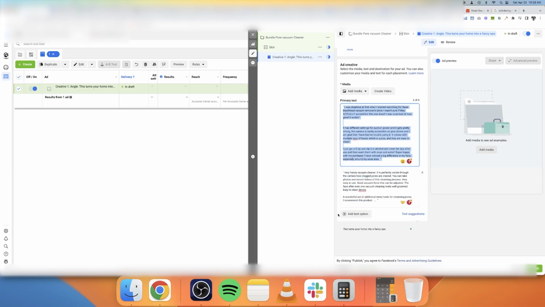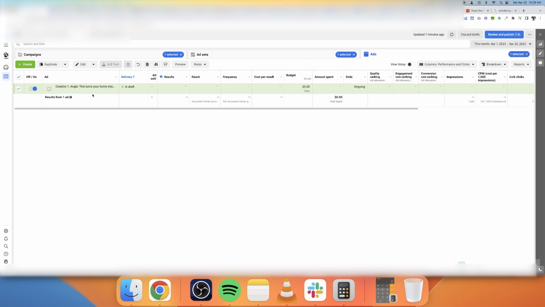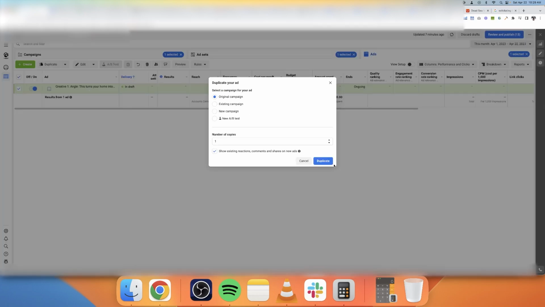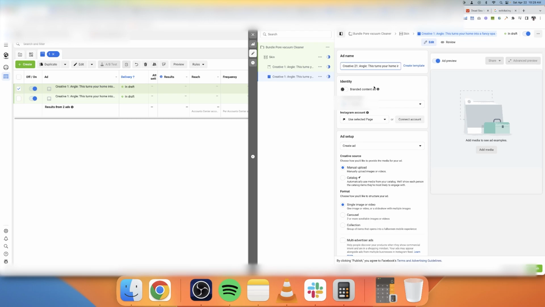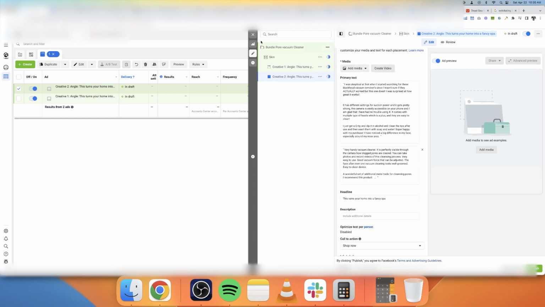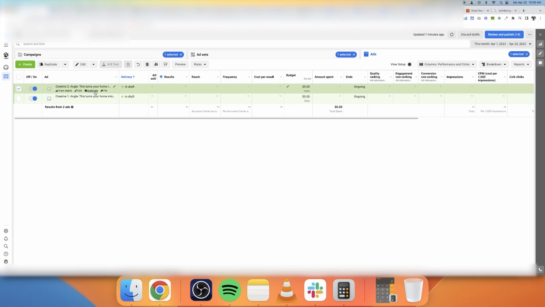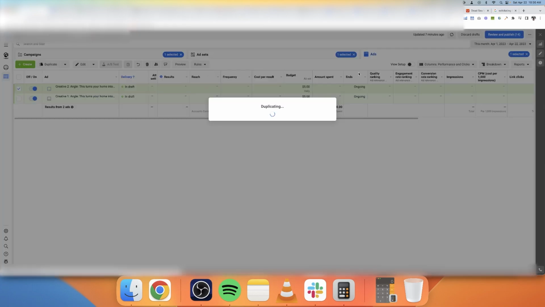And so here, we would publish these ads, and what I like to do then is duplicate it, because then it's in the original campaign and all of the settings are the same. And so I would do creative number 2. I would just replace it with another piece of content. So this way you can see creative 2, and then I would duplicate it. I would upload another creative 3.